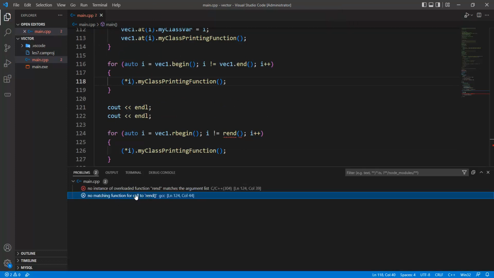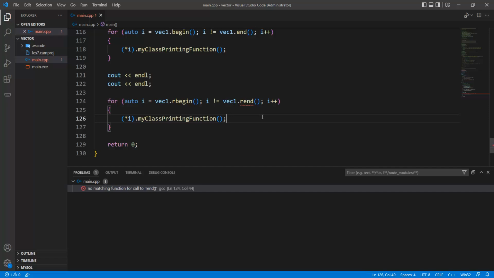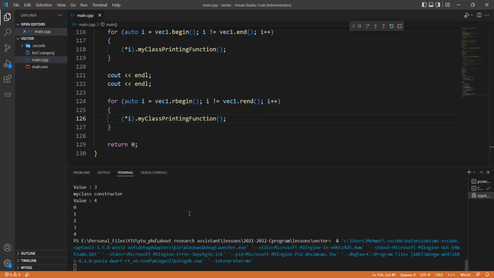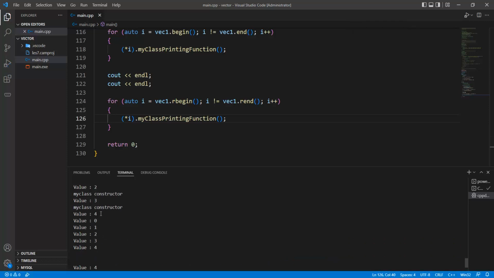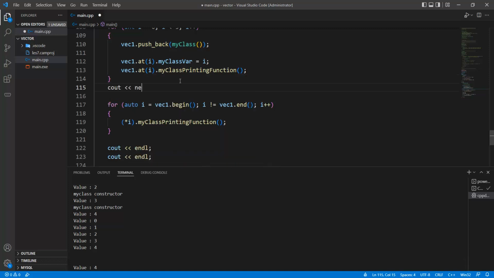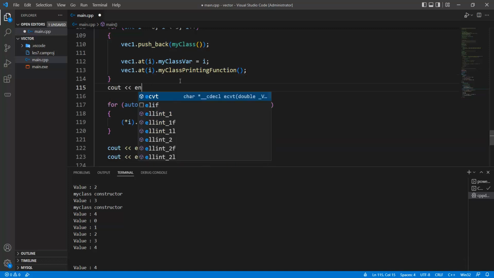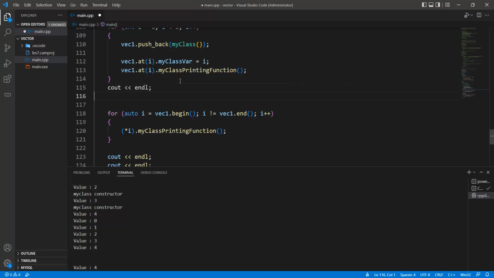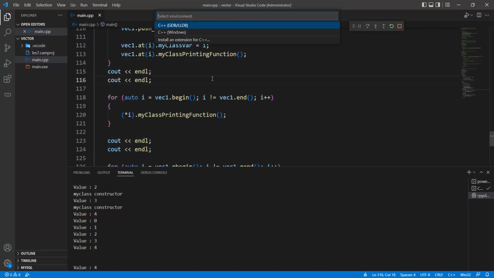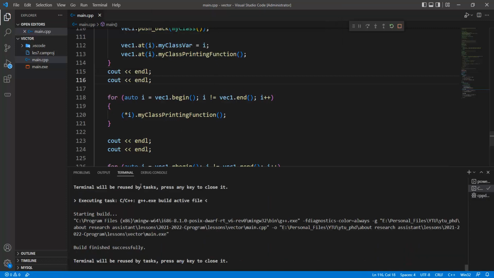and so we have to fix this function variable in here, because the rbegin and vec1 should be added at this moment, and so if we have this information in here, and then value 4 is added at this moment, and cout endl should be also added at this moment, okay, and then what if I'm running again this code,